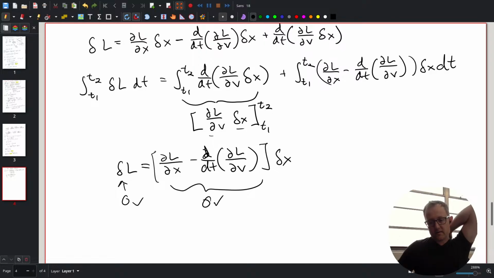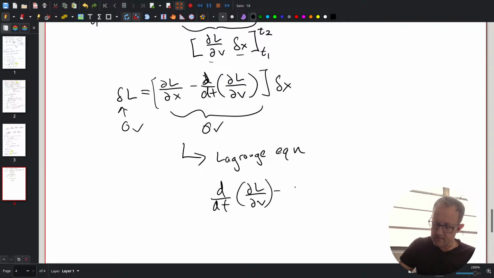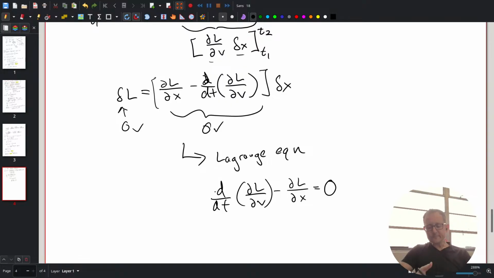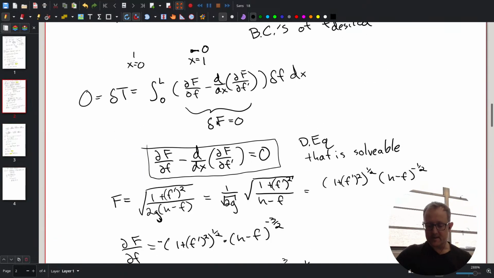So everything that happens is either kinetic or potential energy, and it bounces between the two. And this is the Lagrange equation: d/dt of dL/dv minus dL/dx equals 0. We can plug in that L is T minus V, but that's how we get to that Lagrange equation. And again, this all started with this idea that